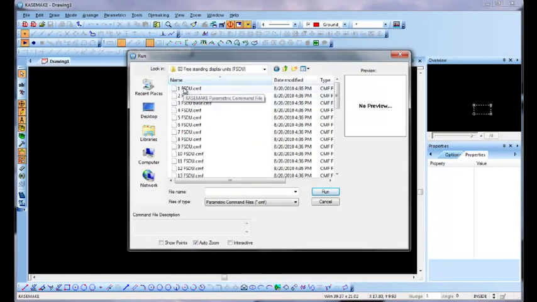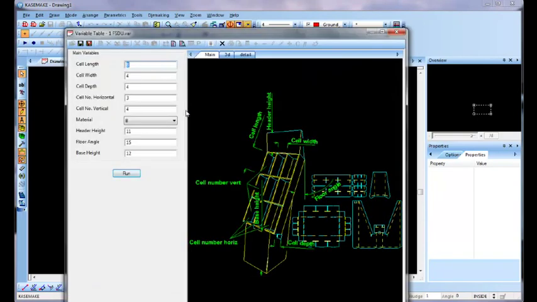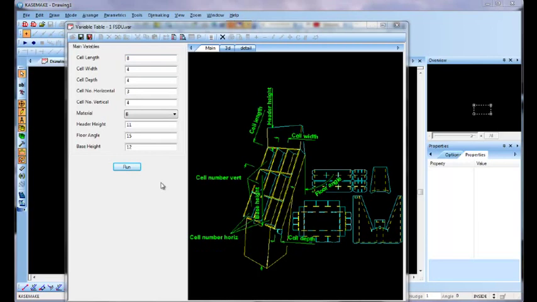We'll click on the first one. As you can see, we came up with a freestanding display unit that's capable of holding a variety of different consumer products. It could be bottled products, it could be something in the order of CDs, DVDs, or food products. From here we can change any of the dimensions of our freestanding display unit to accommodate the particular product we want to display. For instance, if we wanted to display CDs, we might want to change the cell length to